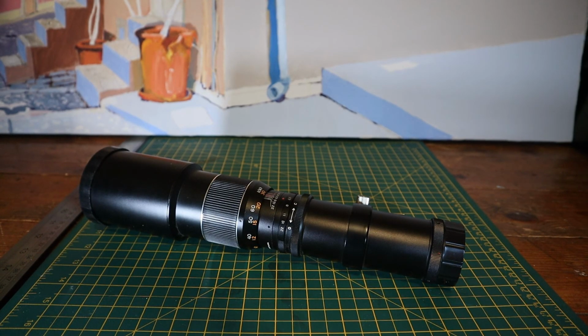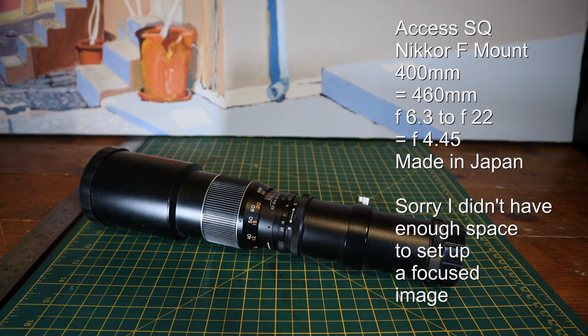The last one, the glass is made in Japan. The body is probably not. It's the 400mm. It's a Nikon again, Nikon F mount, and it's a beast, I guess. Multiplied by 1.5, it becomes 432mm, or multiplied by 1.6 becomes 460mm. Largest aperture is f/6.3, so it gives an equivalent of f/4.45, one stop down, goes to f/22,